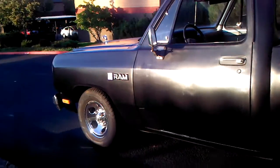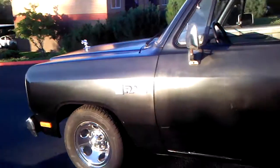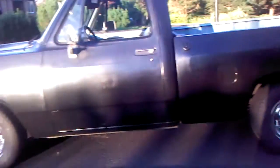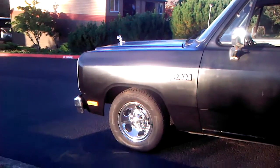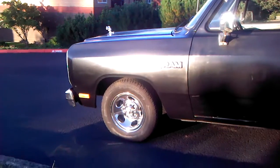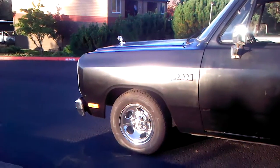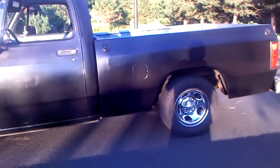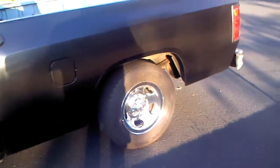It's been lowered 3.5 inches in the front, 2.5 in the back. The front has Dodge B150 lower control arms because they're wider and have deeper pockets. Allows you to use factory coil springs and your factory brakes. The back has 2004, 2012 Nissan Titan, you can barely see them,